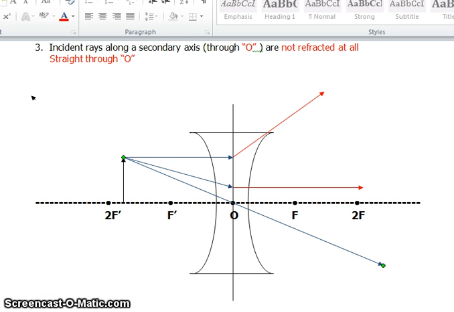So these do not intersect on the real side of the lens, but your brain is like, I know these three rays of light came from the same place. I am sure of it. And if they traveled in a straight line, which I'm a brain, I don't know any better, they probably traveled in a straight line. And if they did, they must have come from back here. So that's where I'm going to tell you that the image is. So in this case, your image forms here,